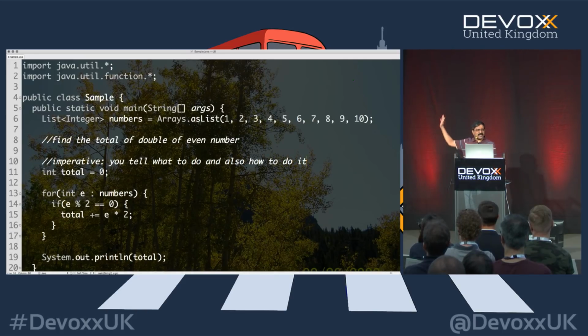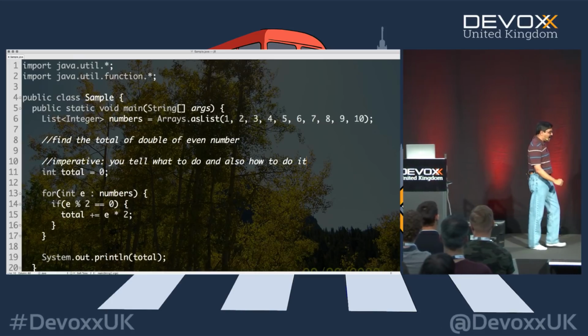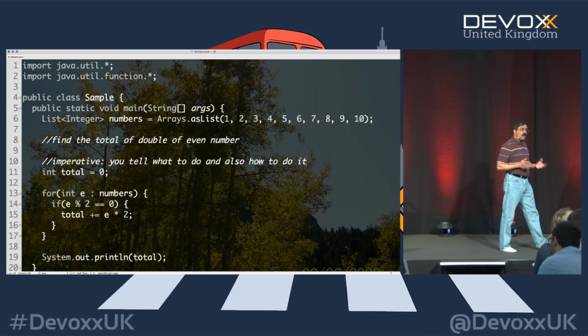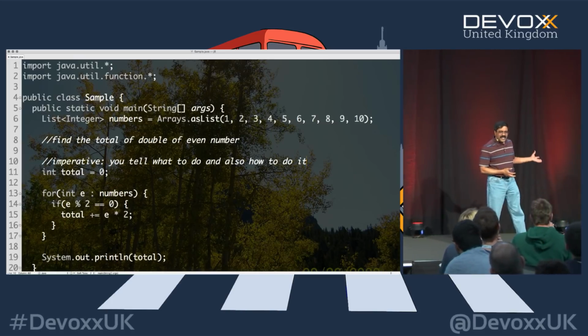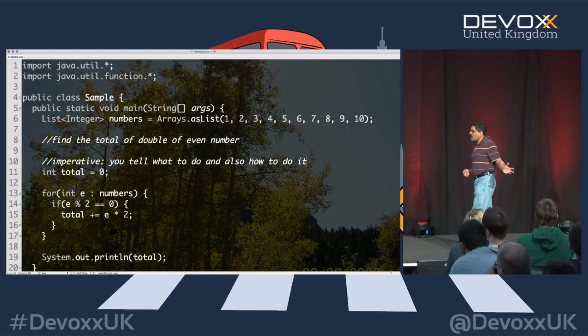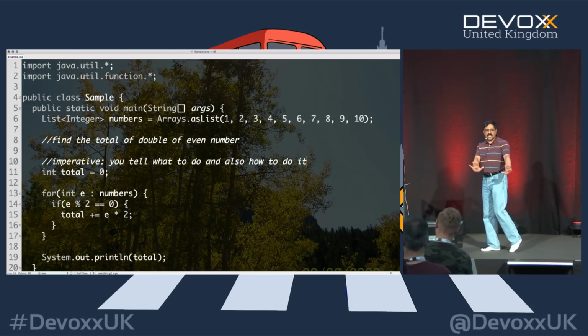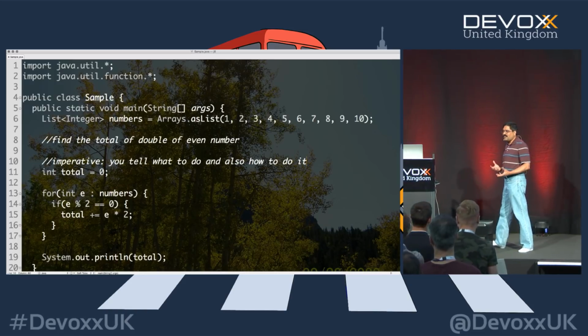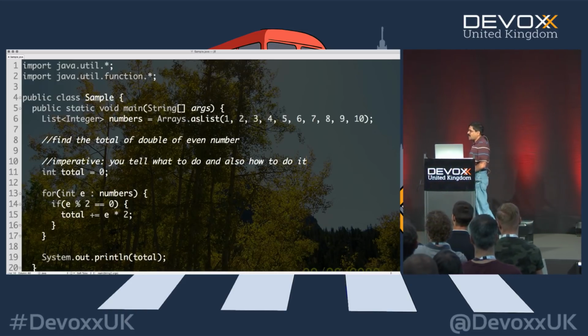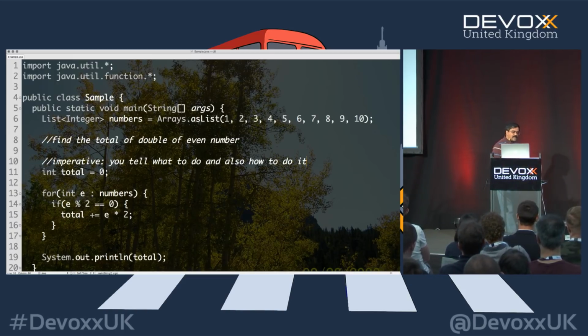Has anyone written code like this before? Yeah, of course, right? Some of you raised the hand, others are just grieving, so they don't want to raise the hand. I fully understand that. But a more important question is, how do you feel when you write code like this? Really dirty. That's how you feel, right? You go home at the end of a very long work day, the children come running towards you, and you say, don't touch me, I gotta go shower first. That's how you feel about it, right? That's the kind of high ceremony code we are writing.